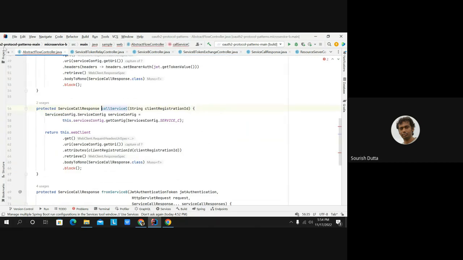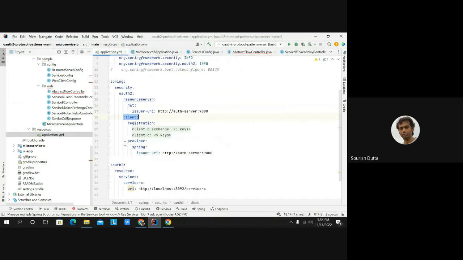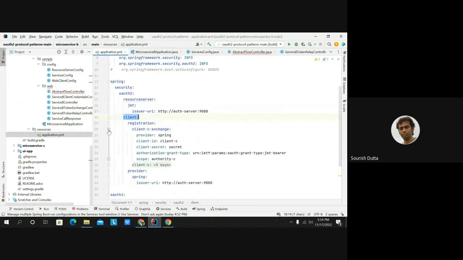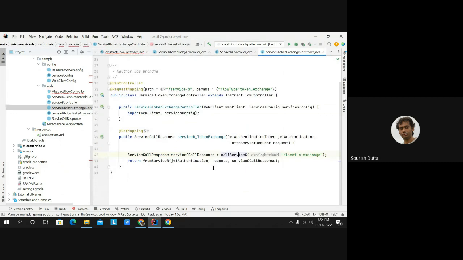Now if we again go back to the exchange part of it, this grant type is a JWT bearer type, and the other type is basically the client credential one. So that's the basic difference that you can see,